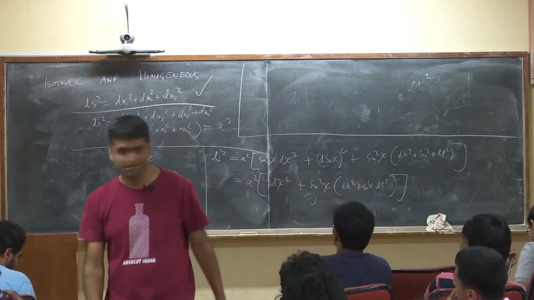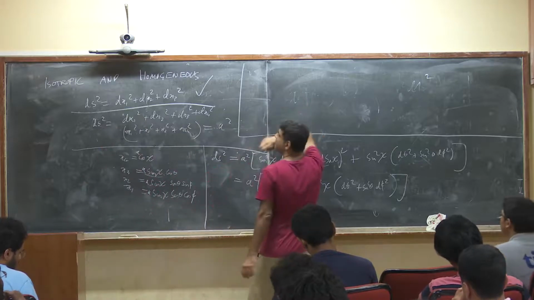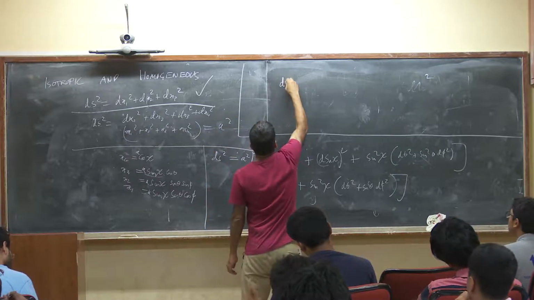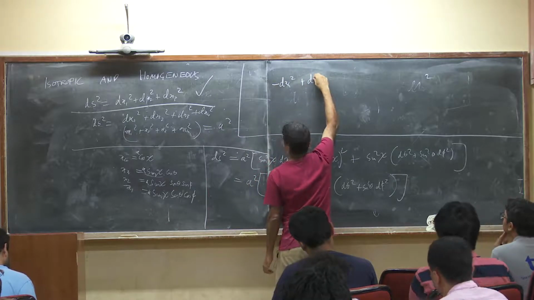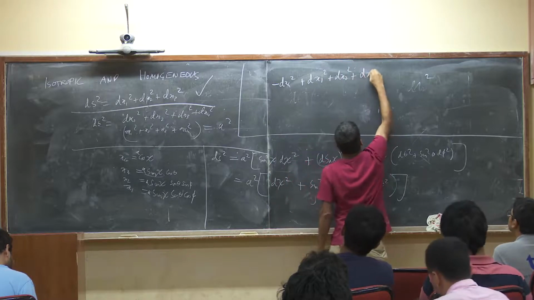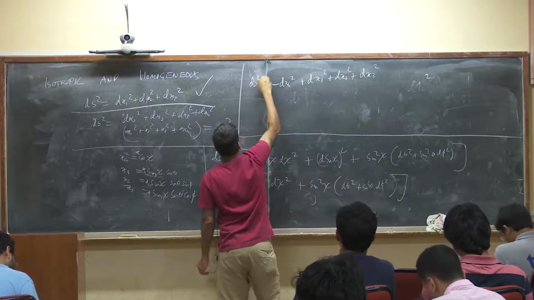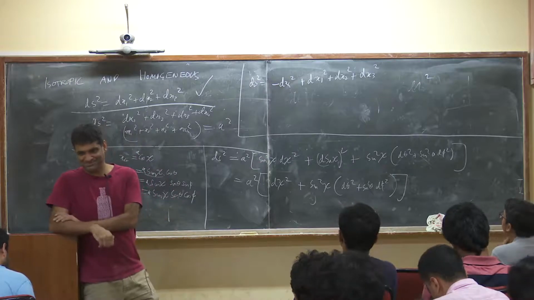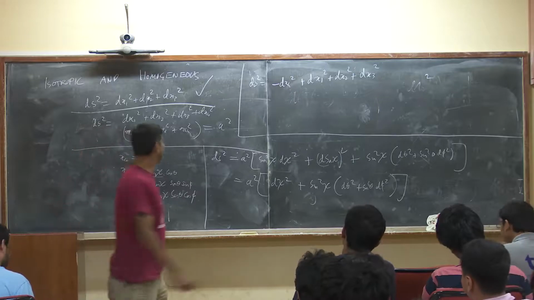Let's look at the third space. The third space is the following thing. Consider 4-dimensional Minkowski space. And consider the manifold